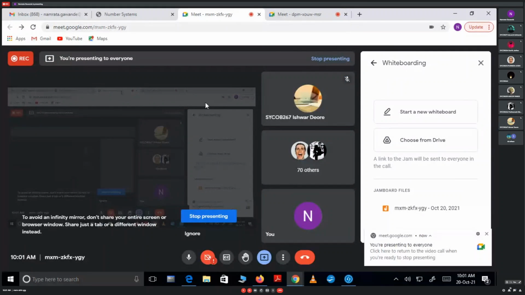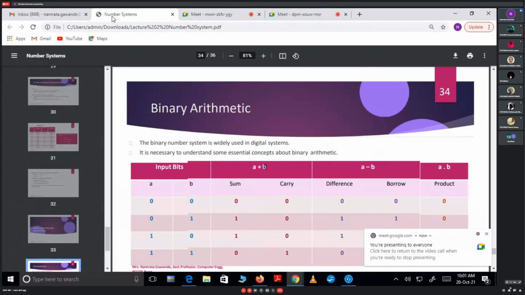Okay. So you start by reading those basics again and again. Why am I telling you? Because this is not the number system, but the next topic I am going to start will be required for understanding the lab assignments also. It is not possible to cover all these basics because they are not specified in the syllabus, but you need to learn them. These basics are required for the lab, and it is not possible to cover them in 2 lectures. Wherever required, we'll take one extra lecture, but now we'll focus on whatever is in the syllabus.